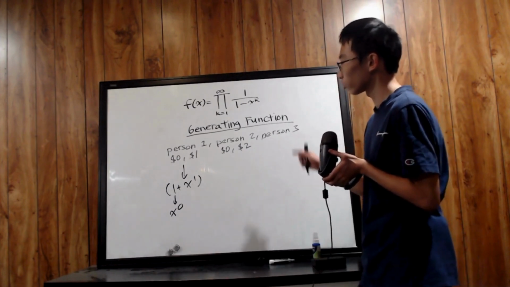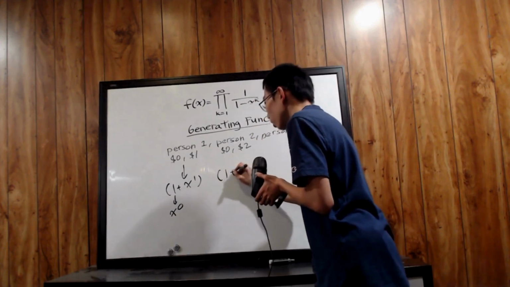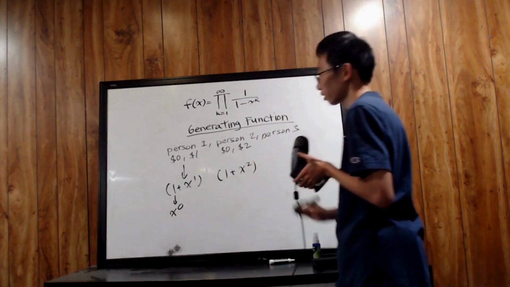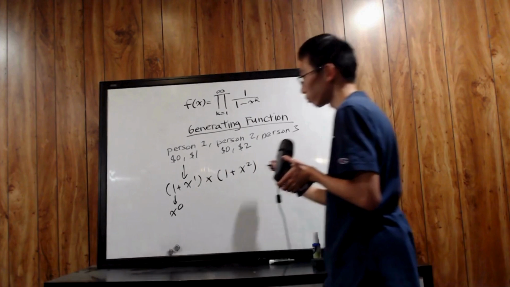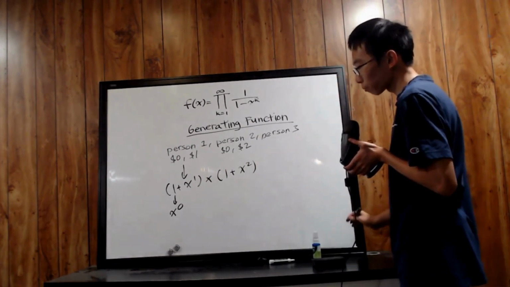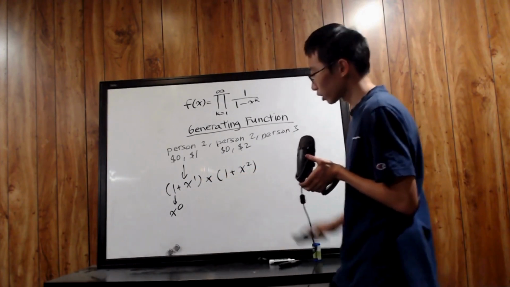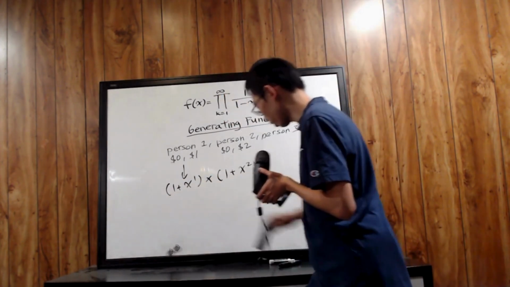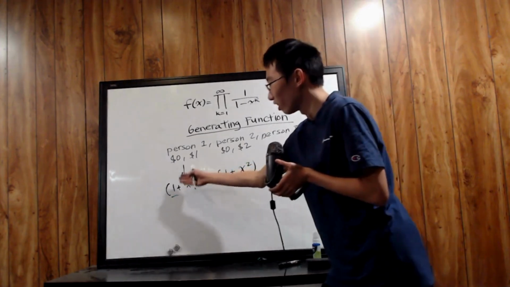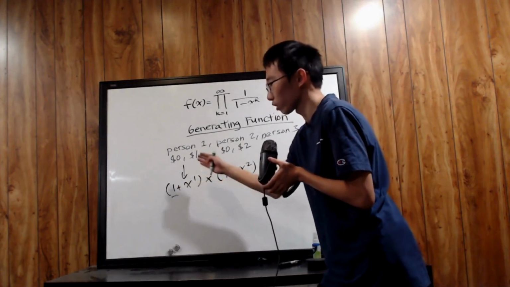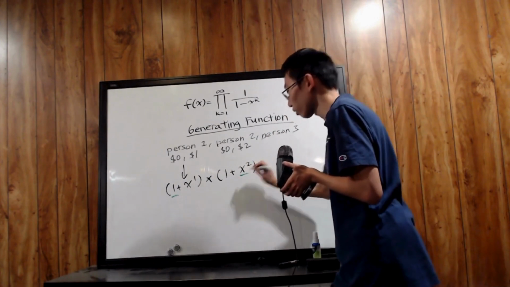We can similarly do so for person 2. His outcomes will be modeled by 1 plus x squared this time, right? And here's the idea. When we multiply these two polynomials together, notice what happens. The exponents on them add. So for example, let's just say person 1 decided to contribute no dollars, and person 2 contributes $2. I've underlined: person 1 contributes no dollars, representing the 1, and person 2 contributes $2, representing the x